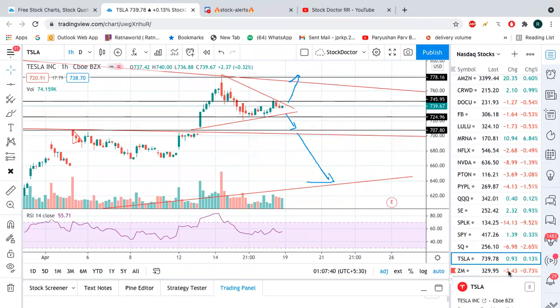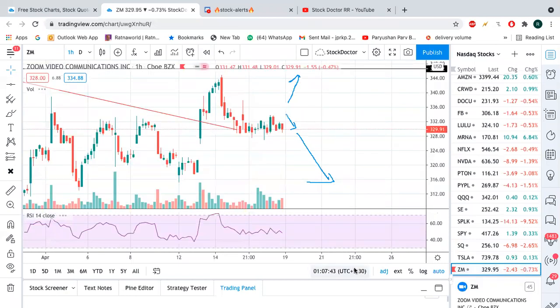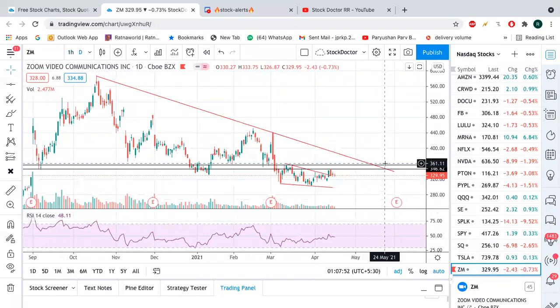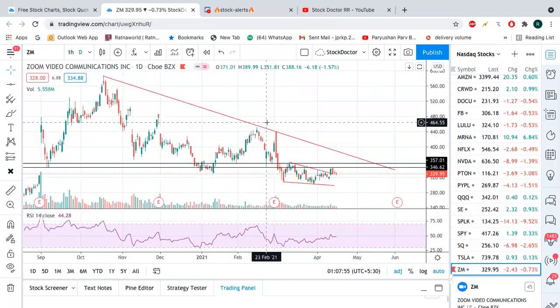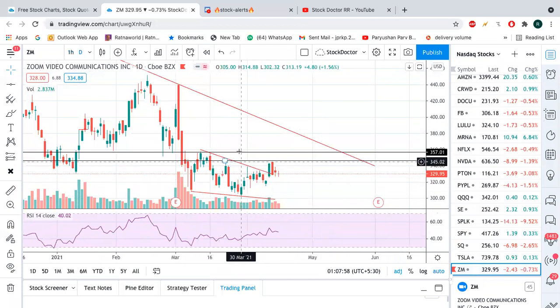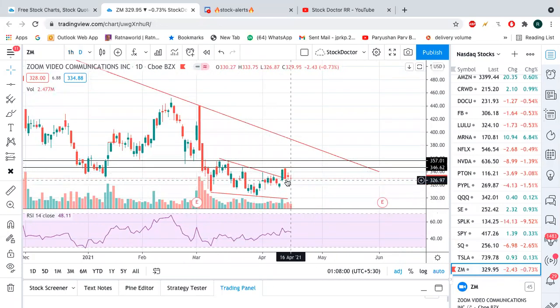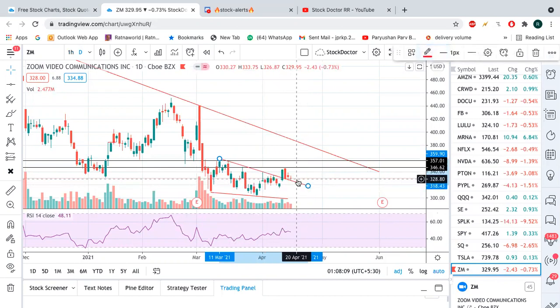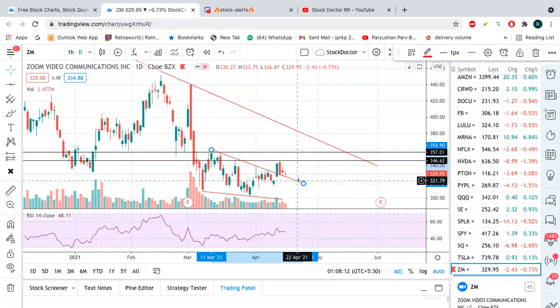And the last stock is Zoom. Let's see here what Zoom says. I gave a buy recommendation on Discord a few days back because it was trading in this channel and there was a breakout here with a good green volume. And currently the stock is trading near this trend line resistance. So I think the stock might reclaim 346 one more time, and if it starts trading and closing above